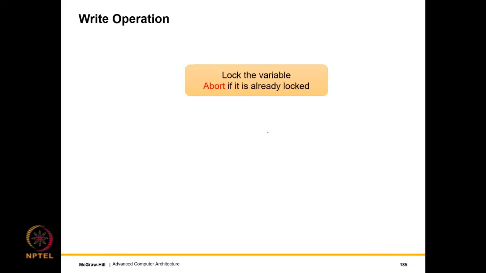Writes in comparison are more elaborate. We will see why. In this case, we first lock the variable. We will see why there is a need to lock it. We lock it at write time and release it at commit time. We add the old value to the undo log. Recall that we are using eager version management. So if we are overwriting data, then we add the old value to the undo log. But let's say there are two writes to the same address in a transaction. For the second write, this is not required.